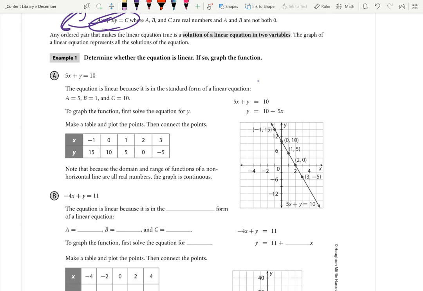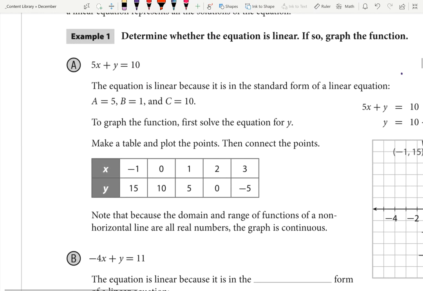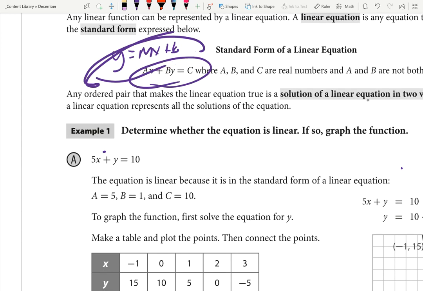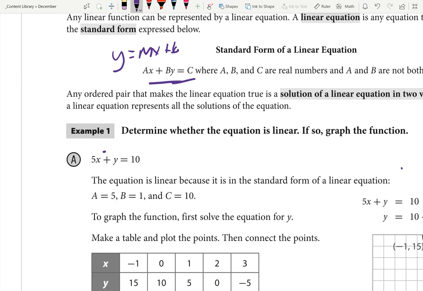It's fine. So in example A, it's asking, is this equation linear? This 5x plus y. The answer is yeah, that is linear because it's in standard form. Standard form, as we saw earlier, is ax plus by equals c. And this is standard form because you can see that the 5 represents the ax part,